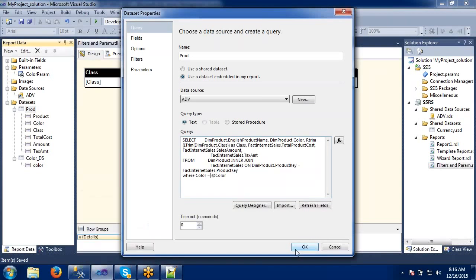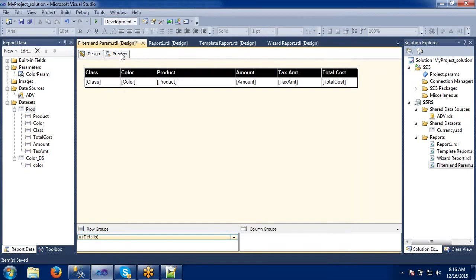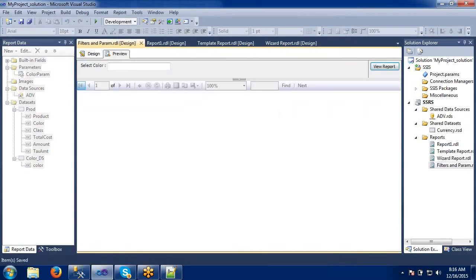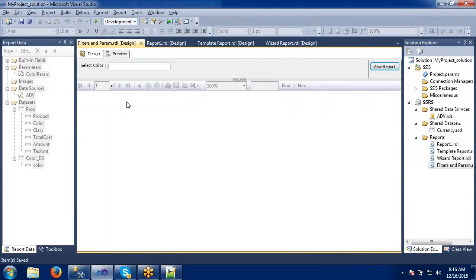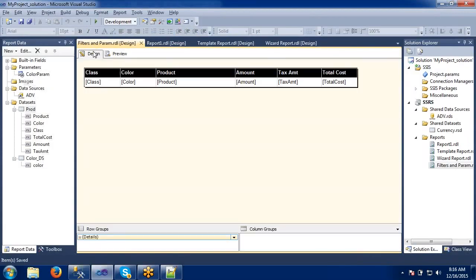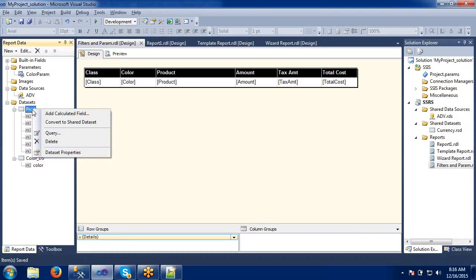So if I add this one, what happens is it has to prompt all the colors which are available in my database. Means I'm having all these 10 colors, right? So all these 10 colors have to be displayed in the report.